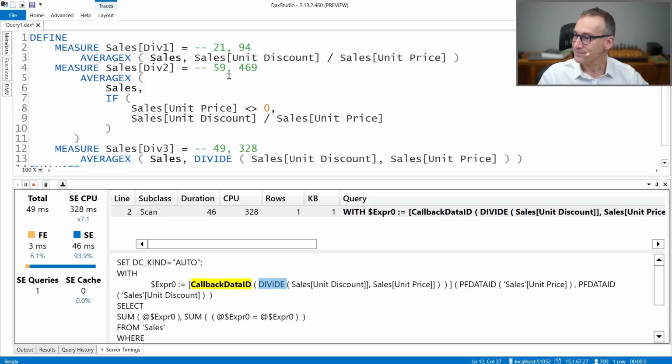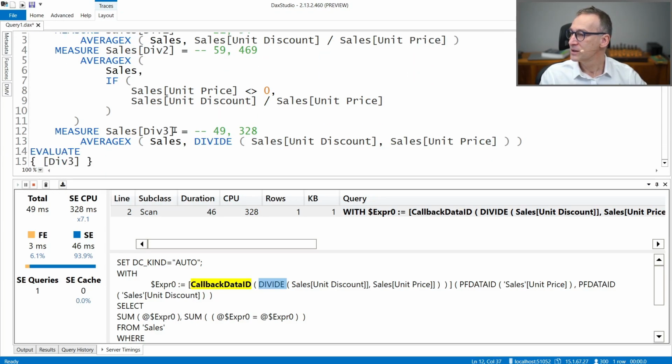Actually, we can, because if we guarantee that the denominator will never be 0, we can use a regular division, and we can guarantee that the denominator will never be 0 if we just remove zeros from the entire calculation. So we run a calculate up front that gets rid of any denominator that is equal to 0, and then we run a straight division. Let's do that. We can create a fourth version of the code.